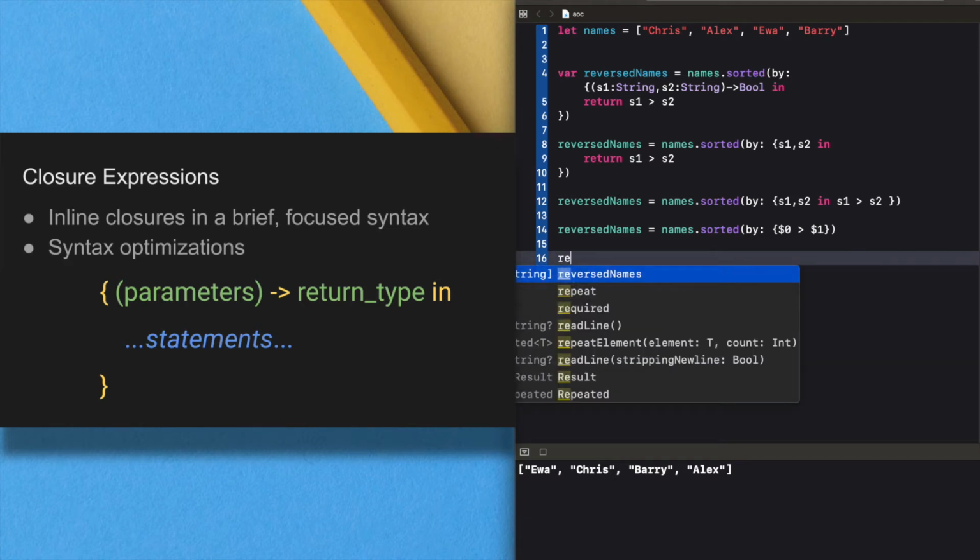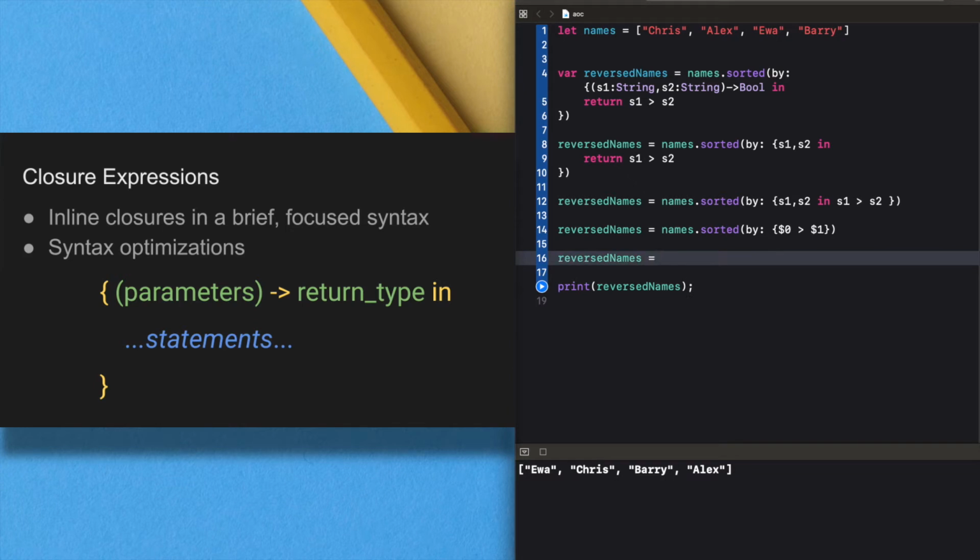So we can use this like names.sorted(by: we just need to put greater than. So using this operator method of the string type, we can just use that symbol only.